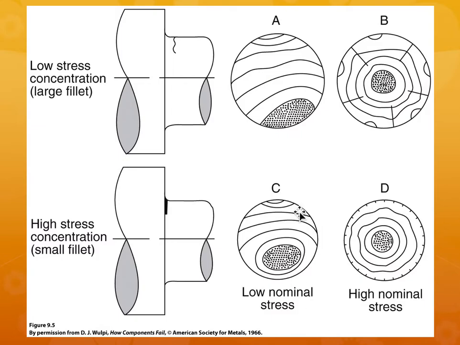So you can see that the material will fail as per the stress concentrations. So suppose you had a very gradual cross-sectional change. That means it has low stress concentration and a large fillet. So which means that when the sample has failed, you can see that